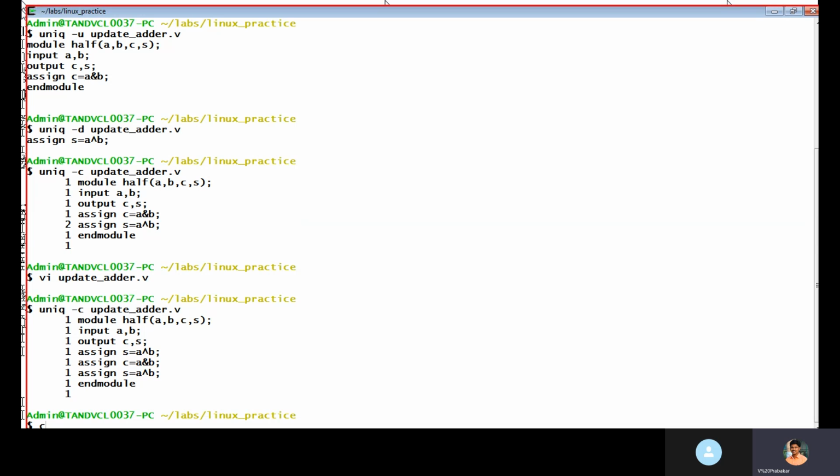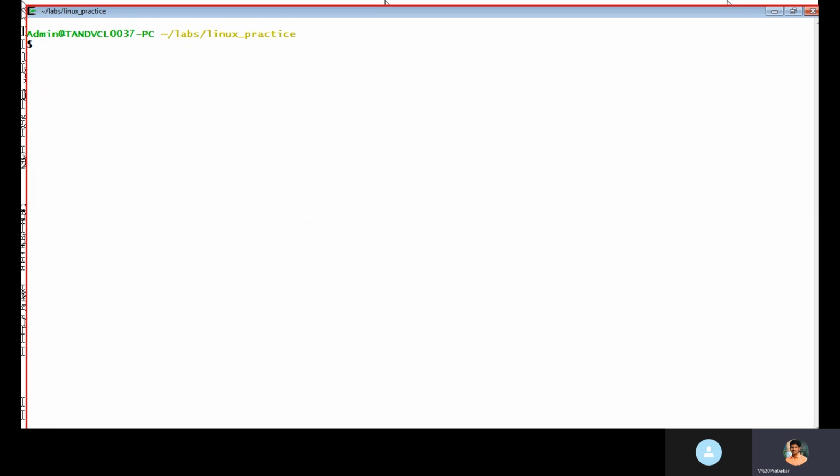With the help of combining two commands, we can do that. For that we are using a pipe operator. Pipe is like pipelining, so two things happen at the same time. See here, sort. I am sorting the file update header dot p, and this is the pipe symbol. Then uniq